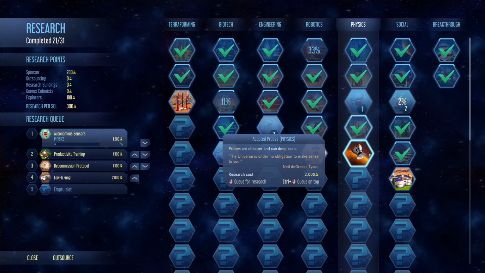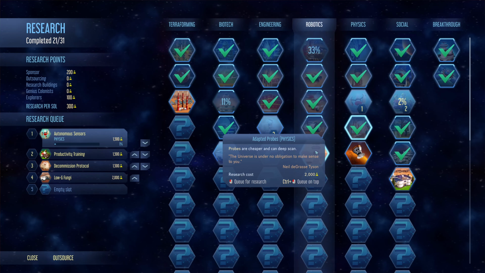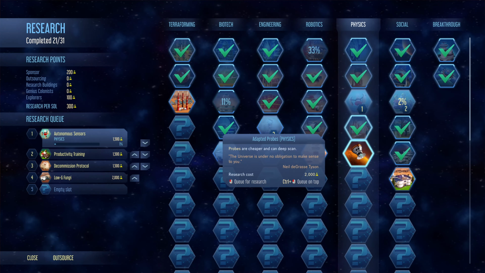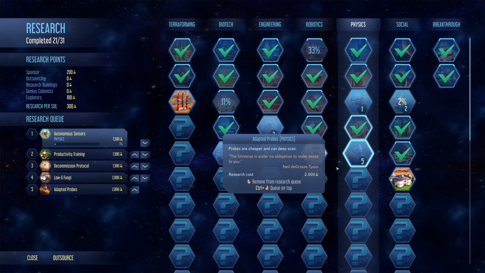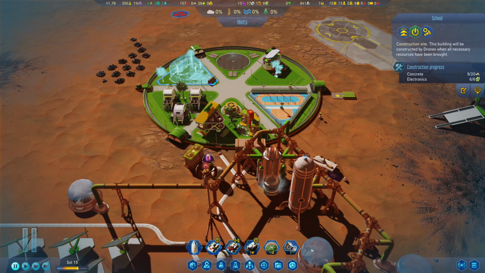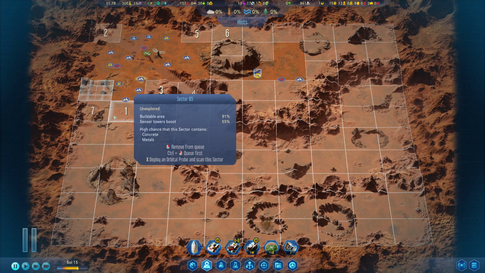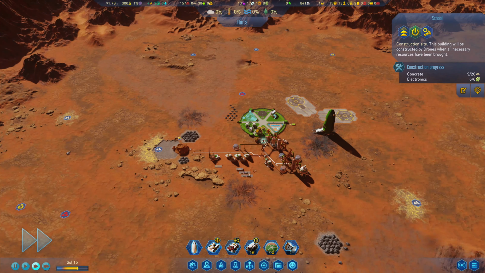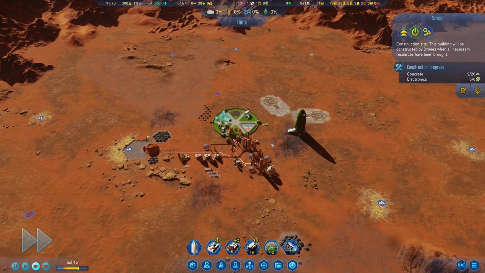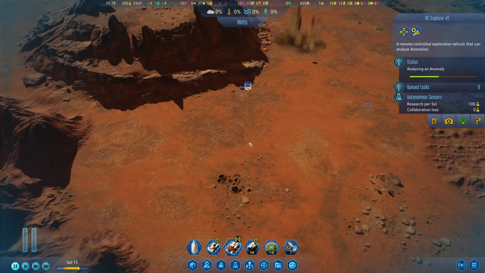Probes are cheaper and can deep scan. Yes, that is something we want. I think that's probably where we'll go next, given our options. Yeah. And that way we can use some of the drones that we already have, the orbital probes, and we can do some deep scanning for some of these other ones that are not yet scanned. Get the absolute most bang for our buck there. Either that, or we could send them to the long distances, whichever is furthest away from our